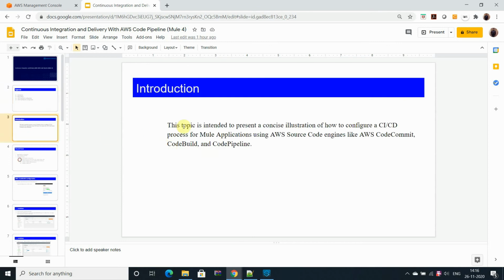The introduction is that, as we have followed in our on-premises deployment practices or CI/CD tools, we have to commit the code in the branches and release the code on a platform or stage based on the requirement, regulations, or practices. Here we are using the AWS code engine, that is AWS CodeCommit, CodeBuild, and CodePipeline. Although I'm not demonstrating CodePipeline completely, I'll demonstrate some part of it here. Based on that, you can configure or customize it on your requirement.